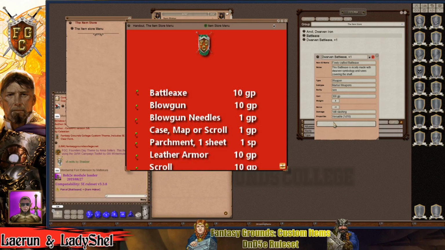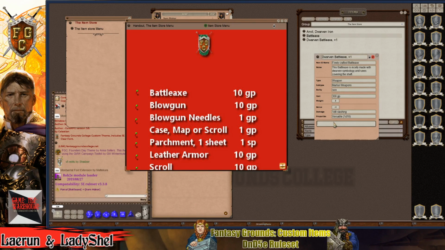But in this case, +1 and below is usually fine craftsmanship. Anything above that is going to take some extra skill and knowledge and also material components. So they might have to dip it in some kind of magical blood of some dragon or something like that. But in this case,